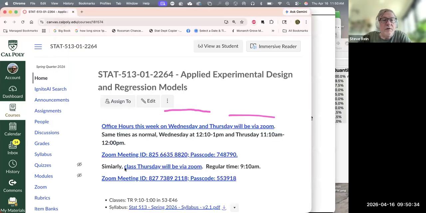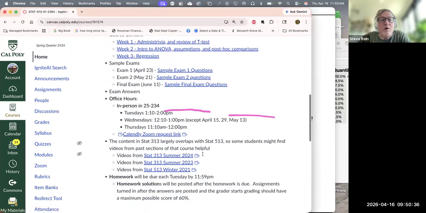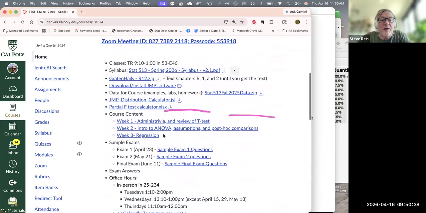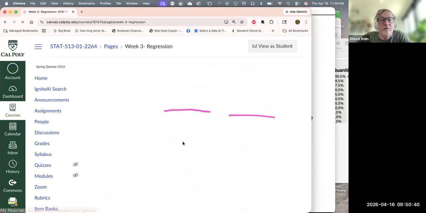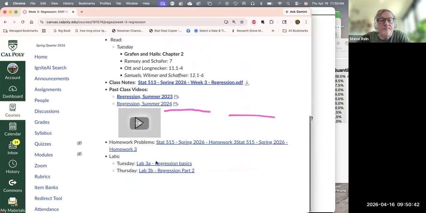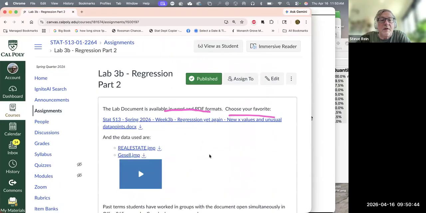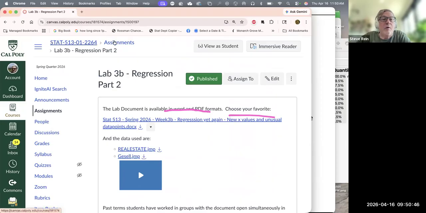Now I'm going to look into the lab because there's a question that I think, if not in the lab, I want to use that data set to describe it right now. And yes, we have it in the lab, so I don't have to worry about that. Okay, cool.